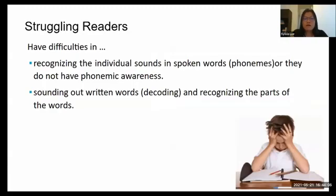Even though we have a lot of good strategies, we need to find out why the readers are struggling in reading. Sometimes you will find that some readers cannot really recognize the spoken words. We say the phonemes, because we have 44 phonemes. Can they really recognize all the phonemes? Can they recognize the words? Have they got the phonemic awareness? This is the thing that many teachers need to find out,